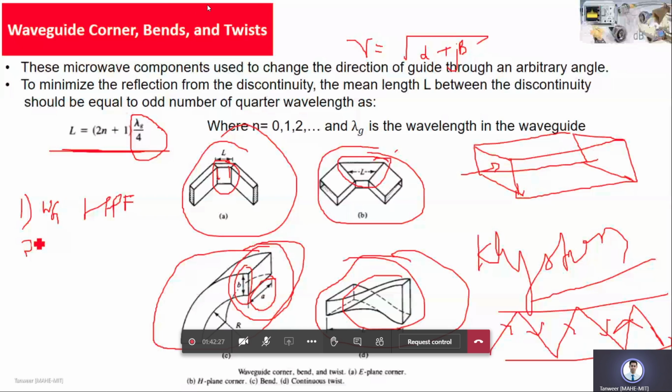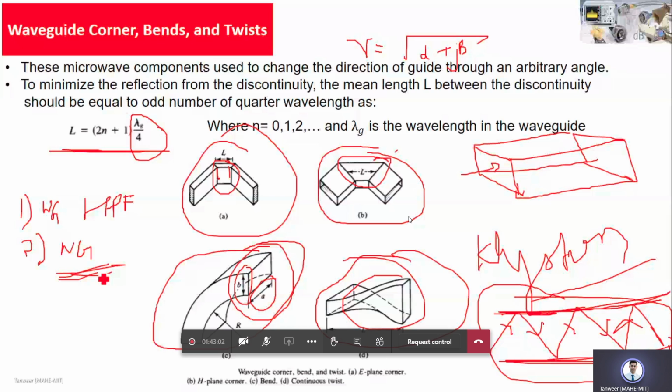Why? Because radiation losses from waveguides are very less. Why? Because see here, waveguides are made up of metallic conductor. It has an upper cavity wall, a lower cavity wall, and the signal penetrates here and moves and arrives here. Here the losses will be less. Why? Because some ohmic losses or heat losses will be there, because the signal strikes here, some heat losses will be there, but the overall signal propagation is good. So at microwave frequencies, we generally use a waveguide as a transmission line because the radiation losses will be low. When radiation loss is less, that means the propagation is very good.